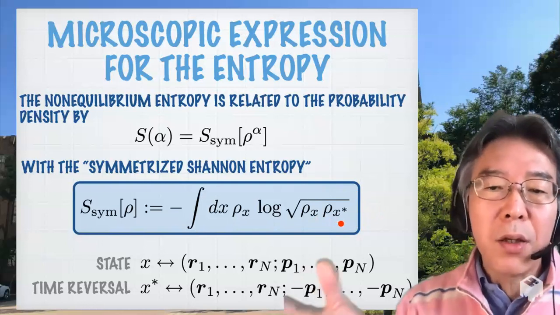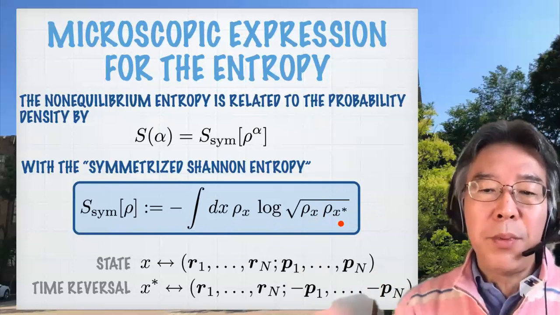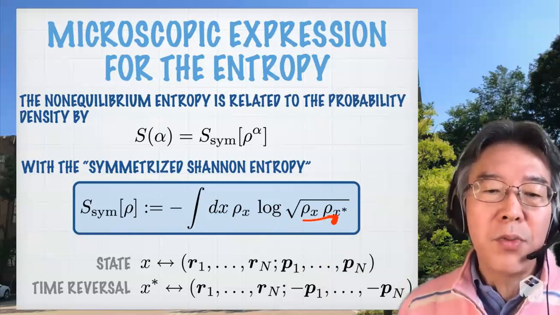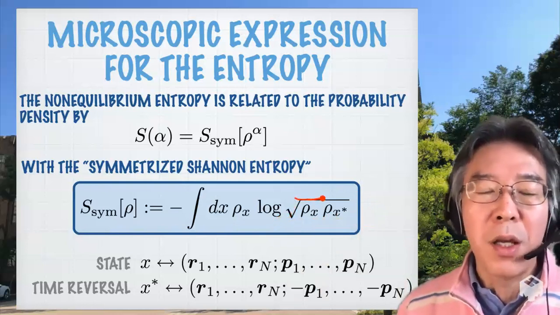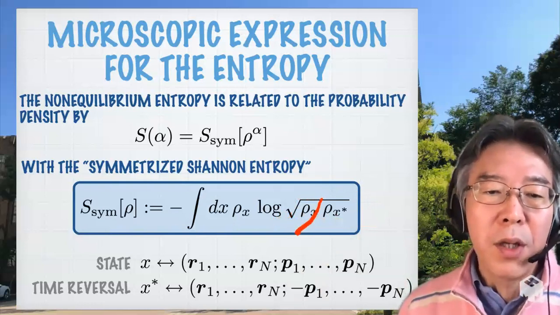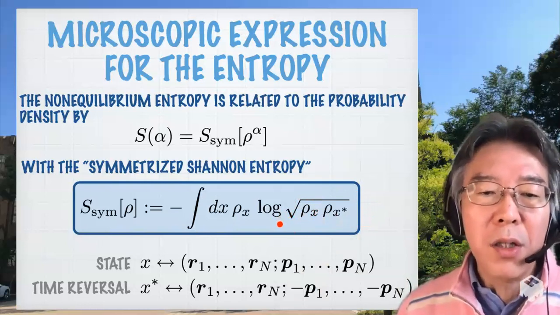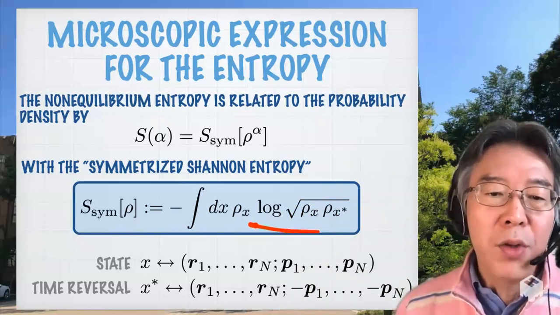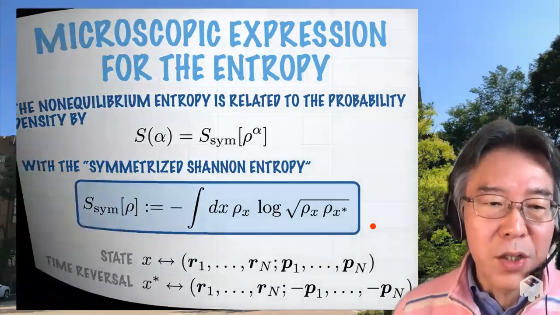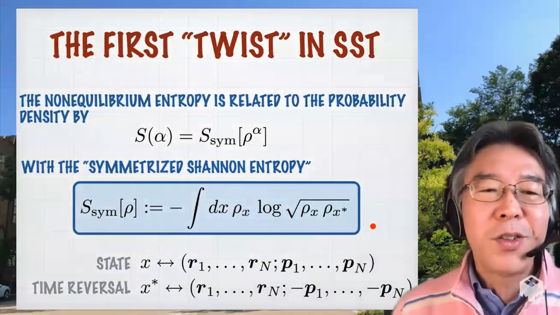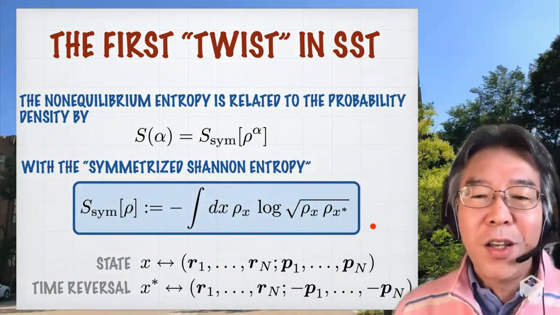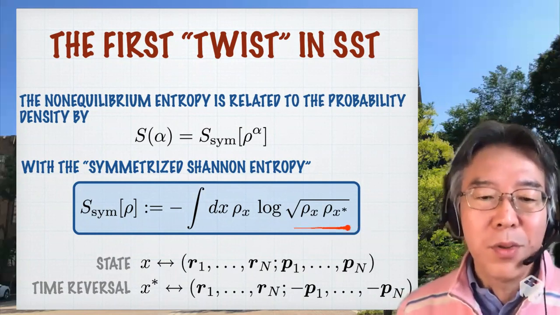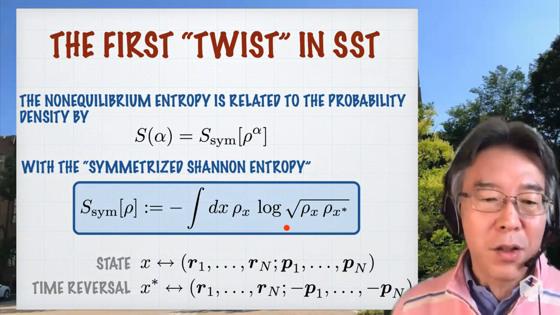And recall, in equilibrium, the equilibrium probability density, that is the canonical distribution, is invariant under time reversal. So in that case, rho x star is rho x. So this square root thing doesn't matter. But in non-equilibrium case, this does matter. And so without this square root thing, with only Shannon entropy, we never get extended Clausius relation. And with this twist, okay, so this is the first twist. Thank you for waiting. This is the first twist. Instead of using Shannon, we had to make this small but very suggestive twist to make this extended Clausius relation